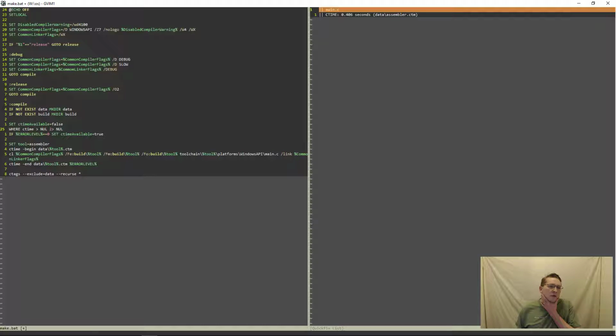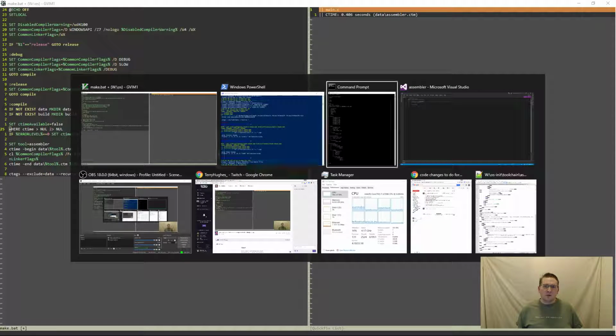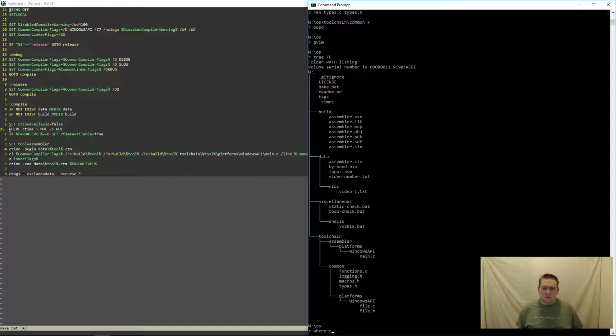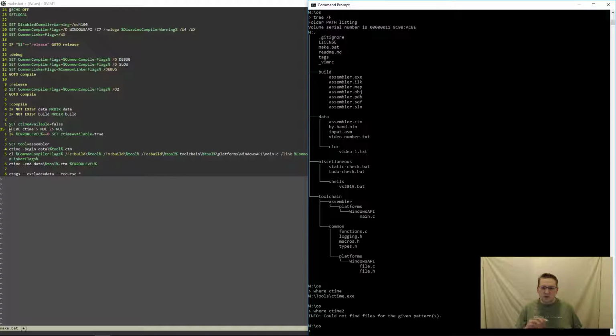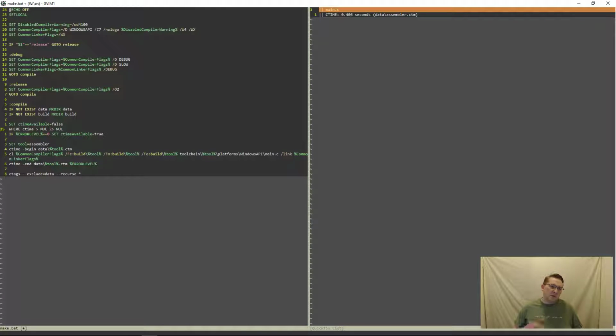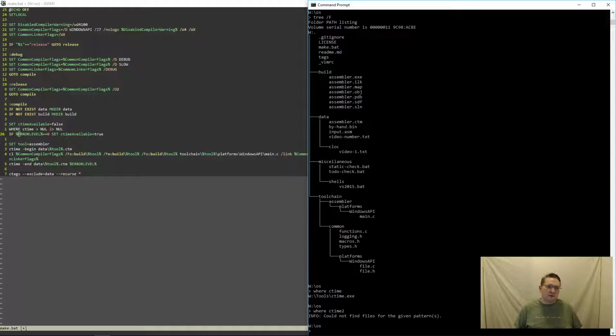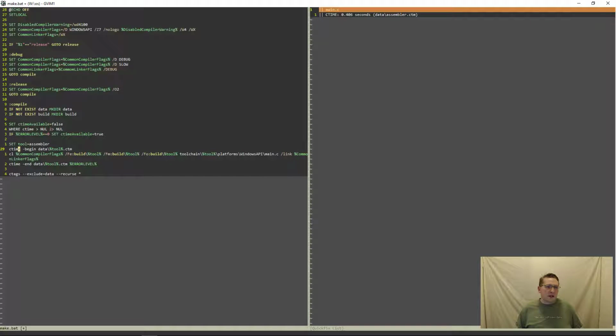So here I'm going to check once. What this will do is it'll check to see if CTEM is available in the wheres. So it'll do that, return you the path if it's available, and for something that's not, it'll give you back a little error message. So we have to pipe. I don't want this polluting up the output on the build, so we're piping the results to null, and we're just doing it based off of the error return. So when it's not found, you'll have an error level of not 0, and then we can use that where we have